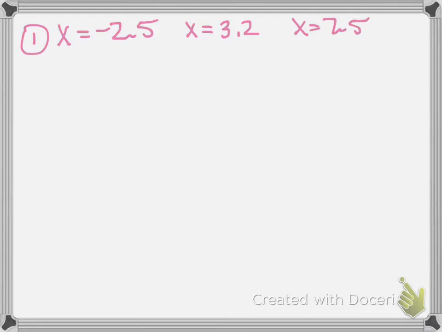So step 1, x equals negative 2.5, x equals 3.2, and x equals 7.5. And those are my roots. So root 1, root 2, root 3. So when I do the equation in step 2,